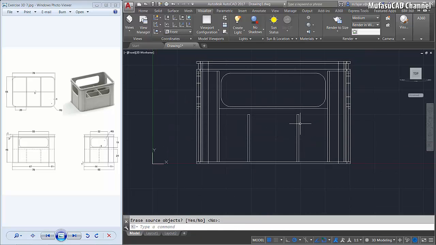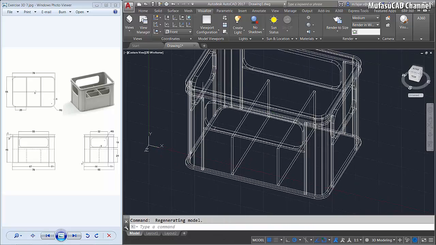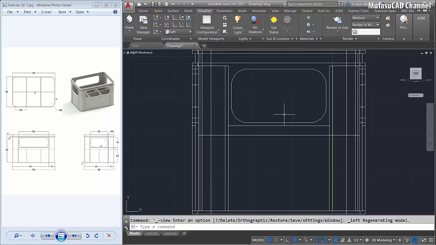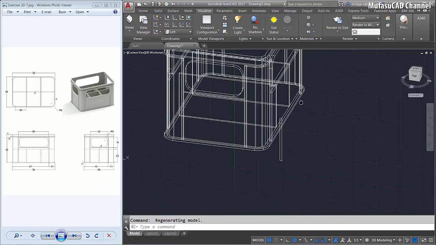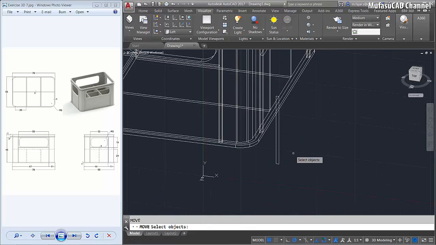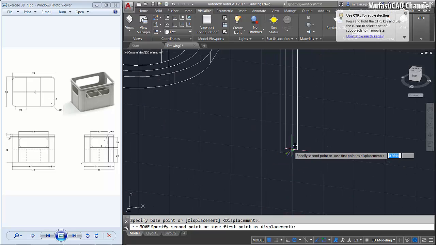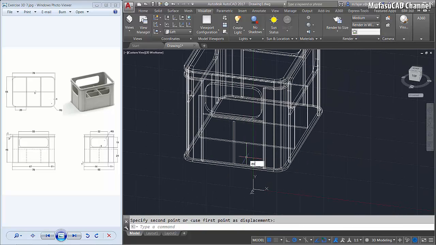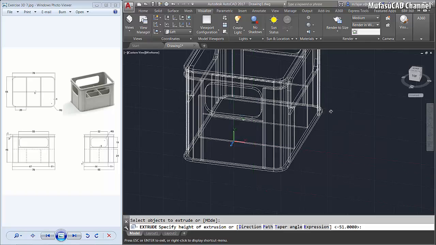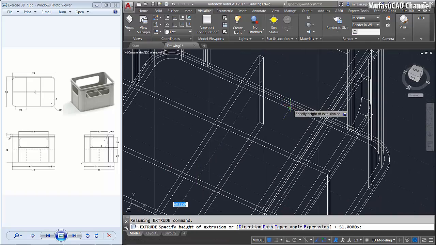Okay, you can see, we change to the left view. I will create a line again from here to the top about 24, to the right about 1, to the bottom about 24, and then close, and use a join command to combine this all object. We use the orbit command to rotate the drawing. I will move this object from the middle point here to the center point here. Okay, then I will extrude the last object to here. You can select this line.